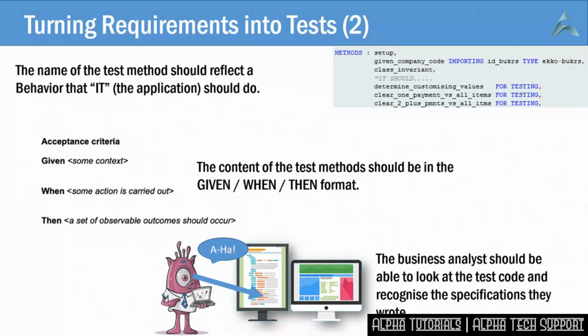The business analyst, and you can see one here, they should be able to read the code. You probably noticed business analysts sneak into your code and have a look at it. They should be able to read the test code and have a look at it and say, aha, that is exactly the specification I wrote, or maybe not, and then they'll complain. At this point, we have a business requirement, and we know what to do with a test method. So it's time to start actually coding, starting with a test.